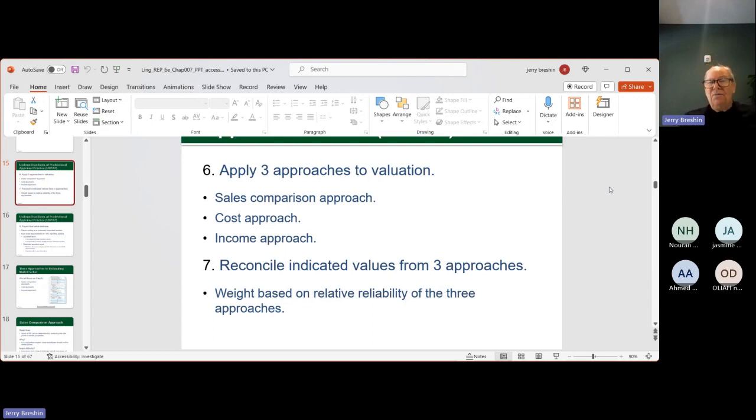The sales comparison approach, as a realtor, you attempt to find properties that have similar value to the one that the client wants to buy or the one that the client wishes to sell. But really, the only way to say what is something worth is to look to see what was sold previously.